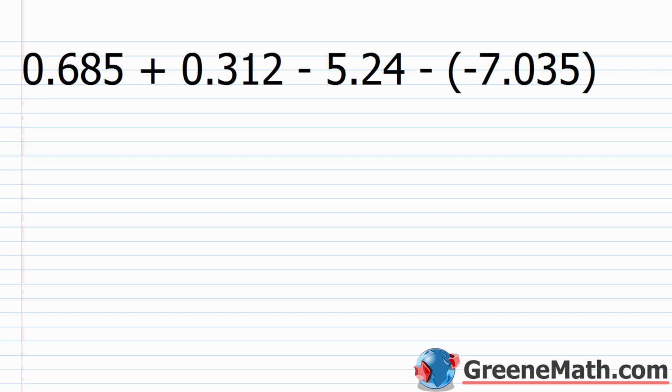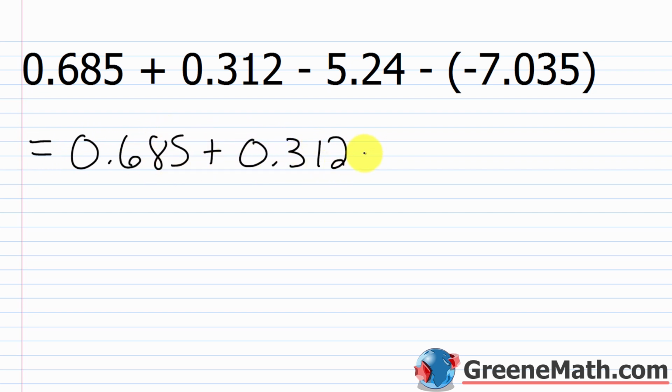So I have 0.685 plus 0.312 minus 5.24 minus a negative 7.035. So the first thing I want you to do is just rewrite this. We have 0.685 plus 0.312 minus 5.24. Minus a negative is plus a positive. So I'm going to put plus positive